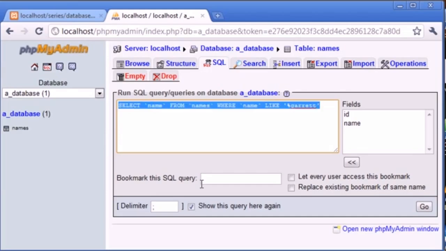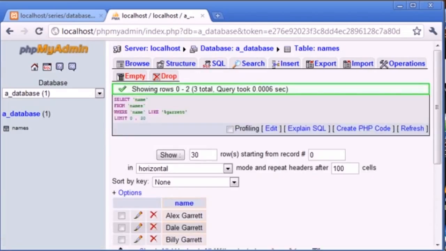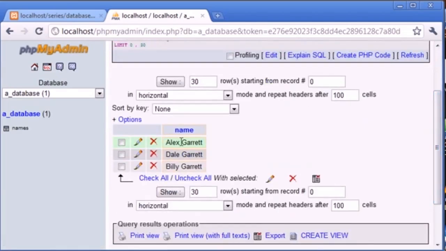Okay, so let's copy and paste this so we can use it again. I'm going to click go and see what we return. So we've got every record where the surname essentially equals Garrett, because our wildcard was on the left, so any text here and the word Garrett on the right hand side. So let's go back